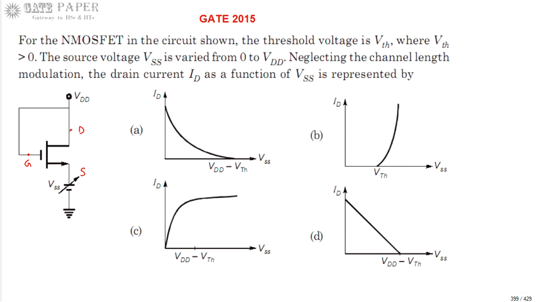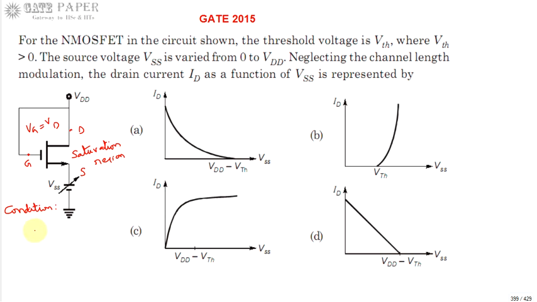Graphically we are going to point it out, and remember that when gate and drain are shorted, we can say that VG is equal to VD. Gate voltage is nothing but drain voltage. When gate and drain are shorted, definitely the MOSFET is in the saturation region. Always the MOSFET will be in saturation whenever gate and drain are shorted, because we know the condition for saturation.